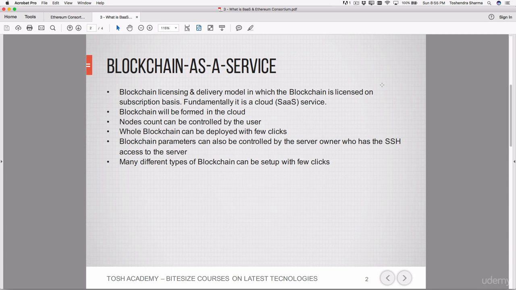With a handful of user inputs and simple clicks and deployment, you can launch the entire blockchain and create a network topology which you can use for your application development. So you don't have to worry about the deployment of the infrastructure. You can just focus on your application development.